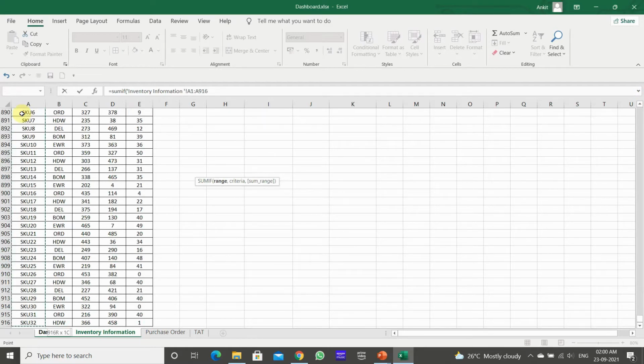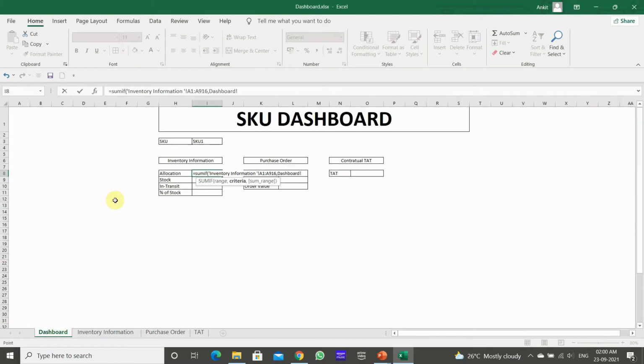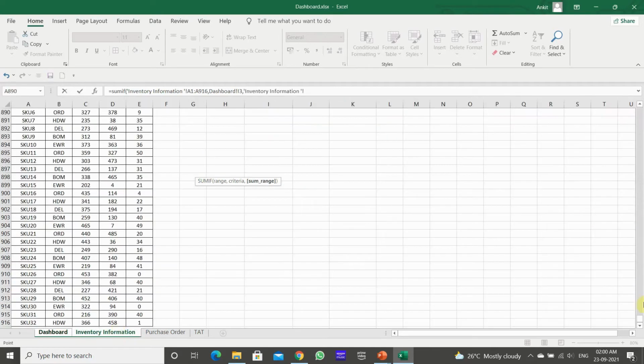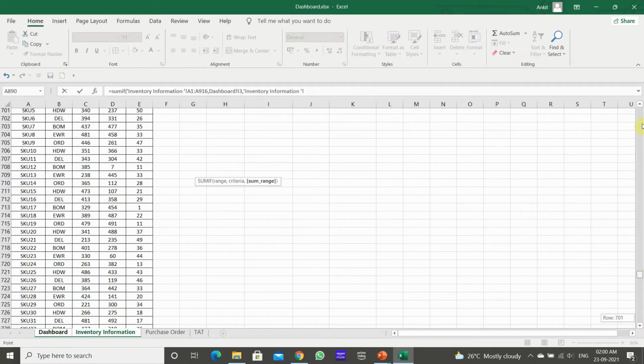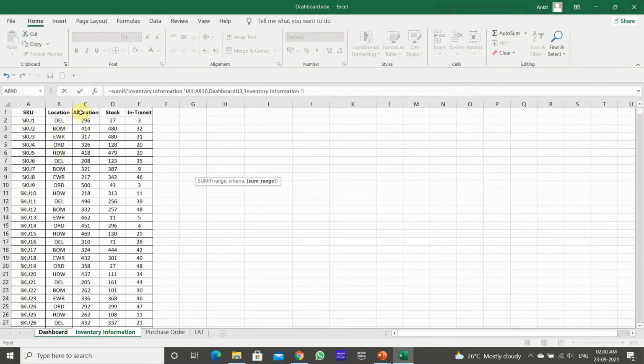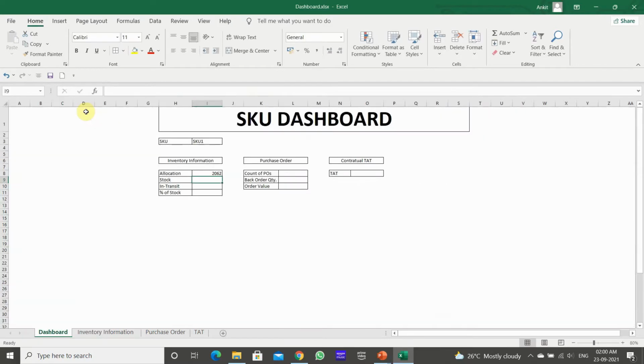Select this one, comma, and what is the criteria? Go to dashboard, and this one, SKU1, is the criteria. And what is the sum range? That is the quantity we are talking about, and here we are calculating the allocation quantity. So here the quantity range, close the bracket. See,